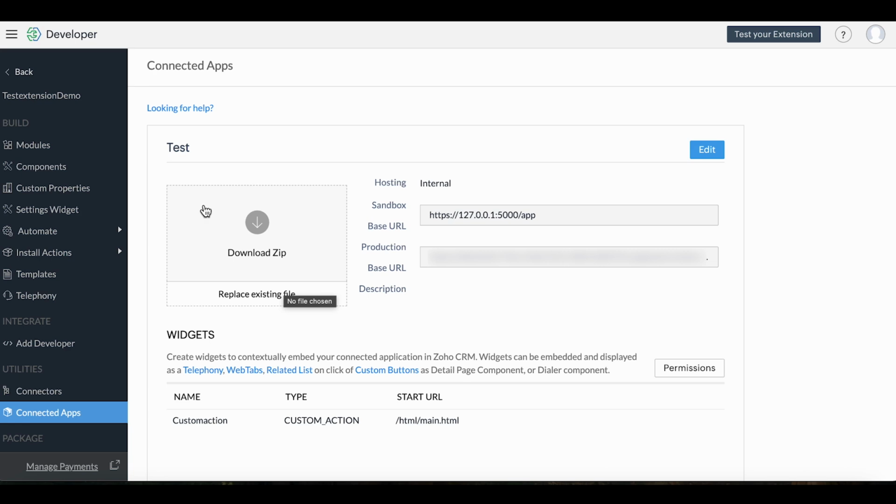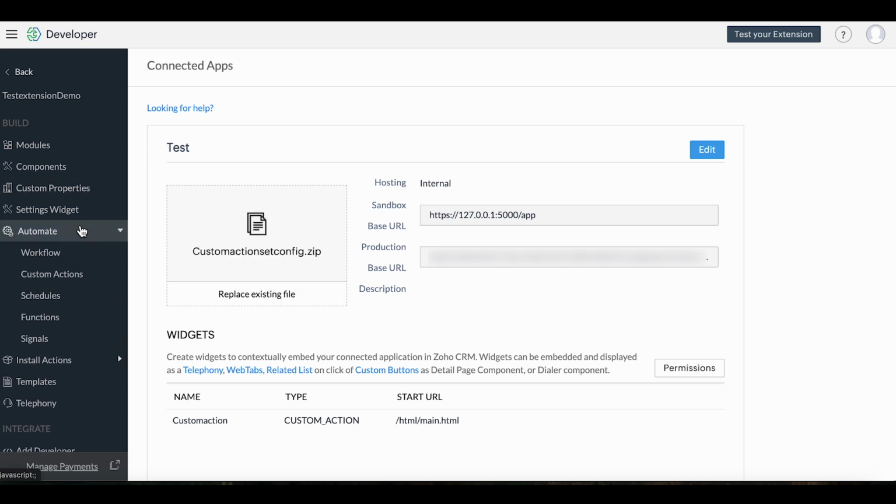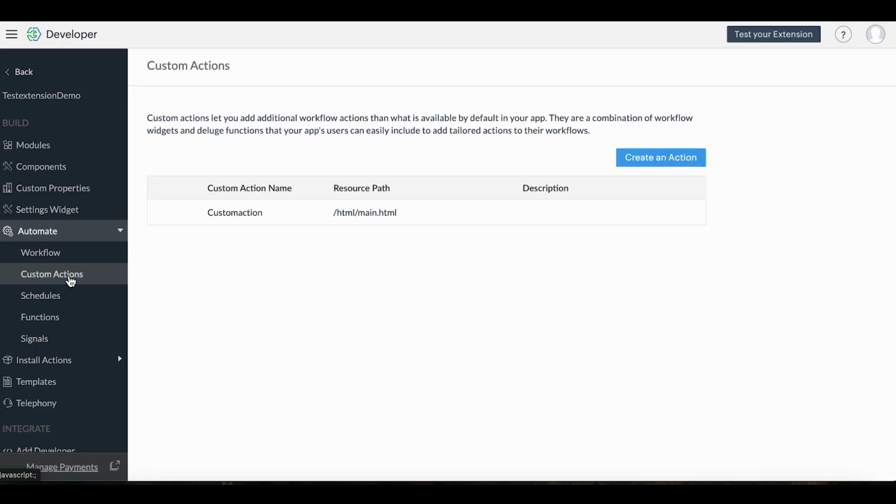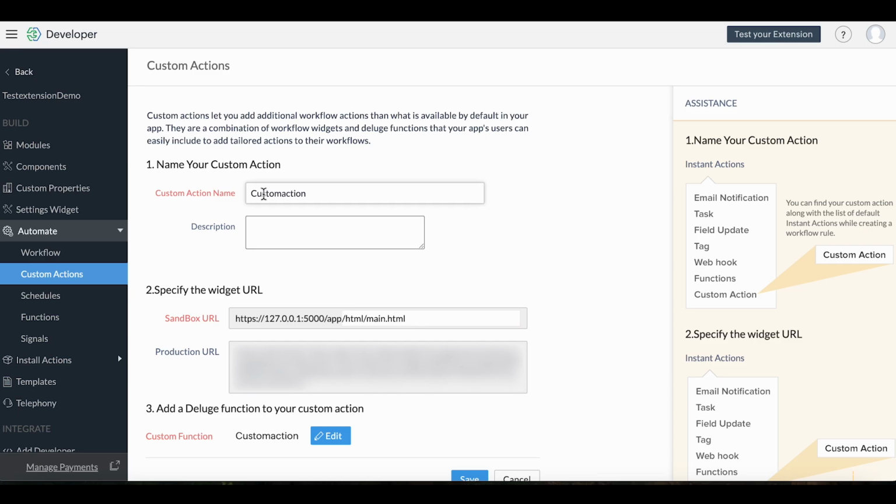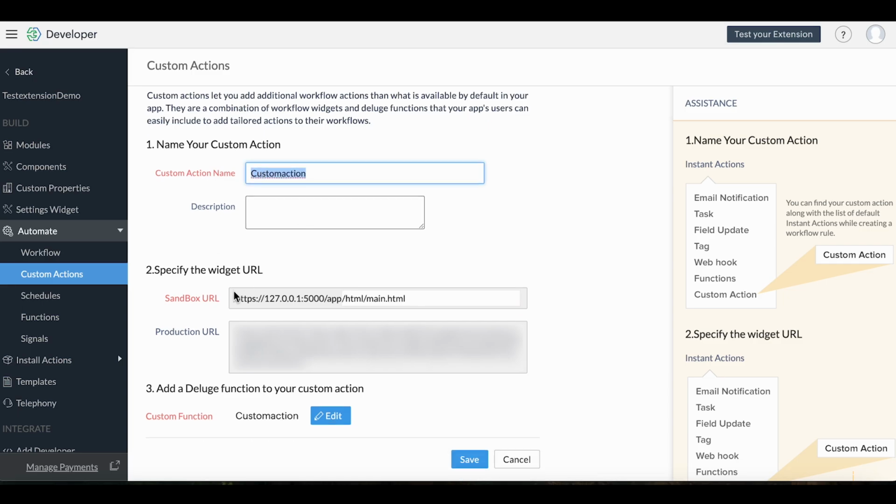And the final component is our custom action component. So we earlier saw that under automate, in the left panel, we have this custom actions option. So here I've created a custom action. You see, I've given the name as custom action, and in the UI, that is in the user interface, if you remember, I mentioned that the location of the user interface file that's going to be rendered as part of a custom action is what has to be given over here.